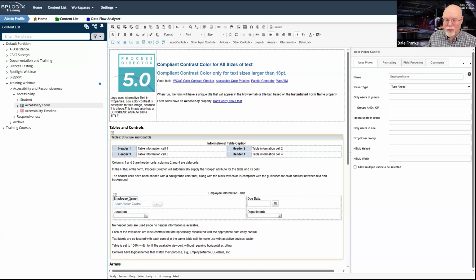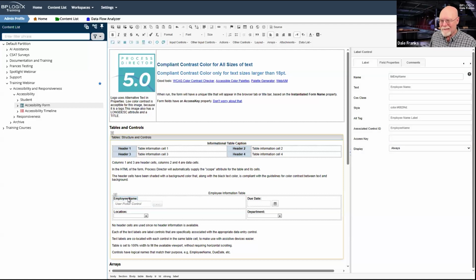Speaking of label controls, we've done some different things with label controls over the years. Initially, we decided to allow label controls to work largely like input controls, text boxes. They were just text boxes without the text box.